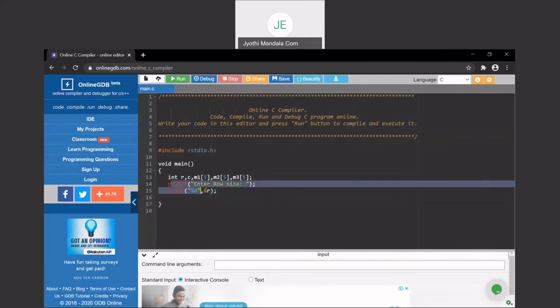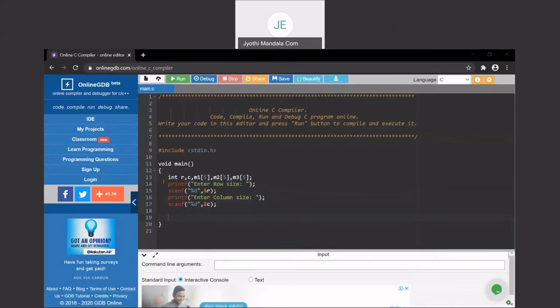Similarly, we need to read the column size also. Column size, and you need to store that one in C. Now, once row size and column size are available, we need to read the values for matrix 1.